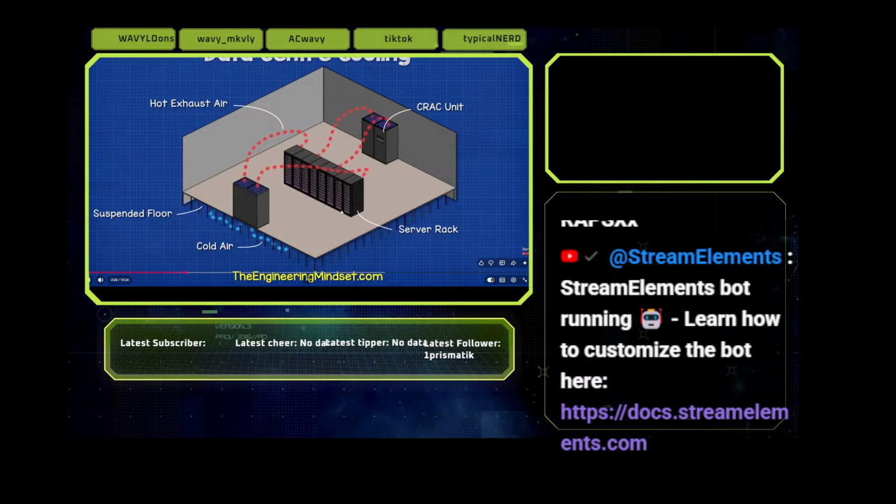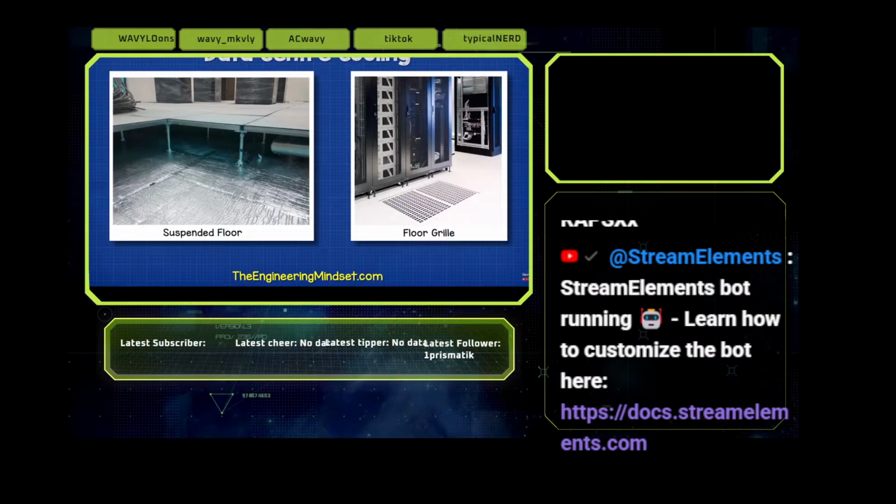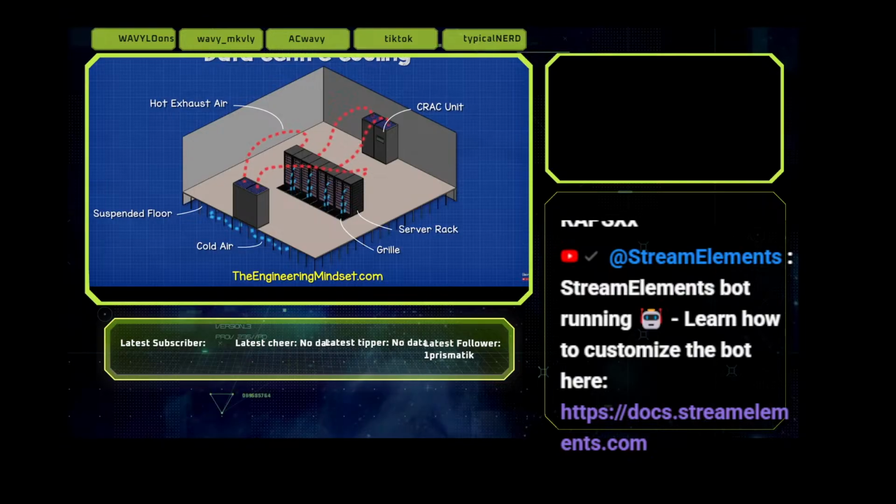Push it into the void under the floor. The floor tiles are made from thick, solid materials which contain the air within the void. Some of the floor tiles have grills built into them which allows air to flow through them. These grills are strategically placed near the servers so that the cold air can exit the void and be sucked